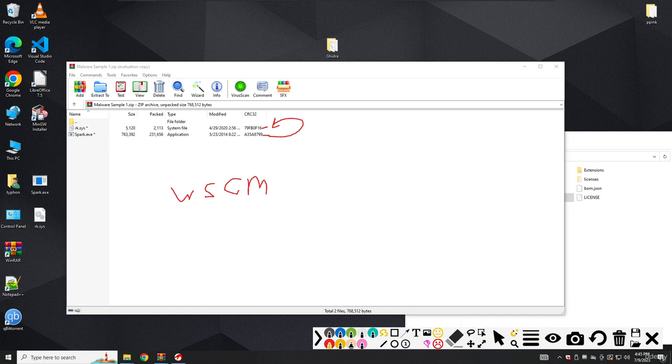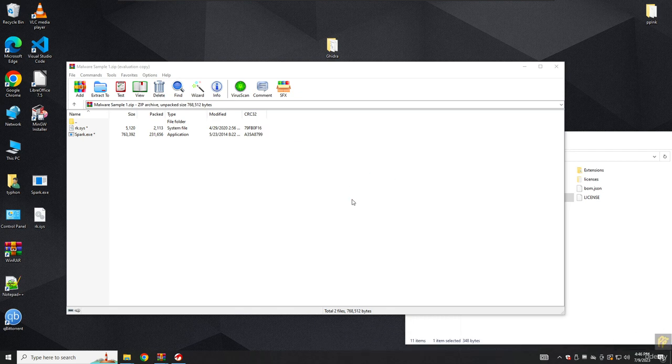So we can initially assume that spark.exe was executed, and then it dropped the rkey.sys to the disk. In fact, during our static analysis of the imports, we noticed that spark.exe has APIs to deal with this Windows Service Control Manager. And what we're going to do here is take the rkey.sys